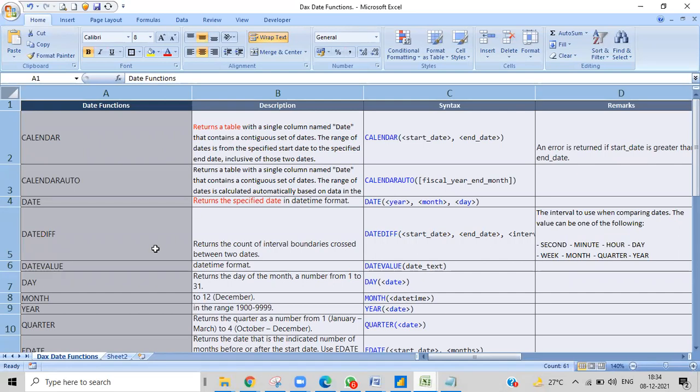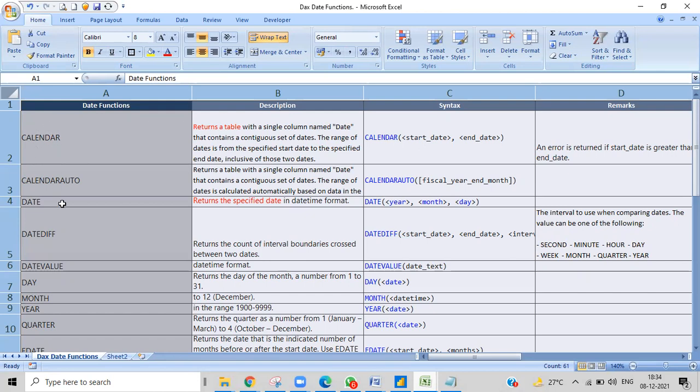A measure is always a scalar value. It returns one single output. If we give a table as a scalar output, how can it show? Hope you understand. So CALENDAR obviously needs to be created in a table. Whenever you use this, a table will be generated, so we'll create a new table and then create this one.